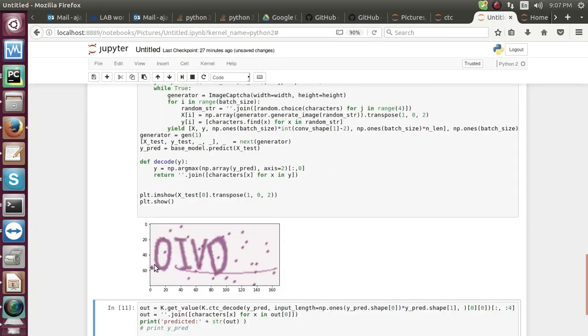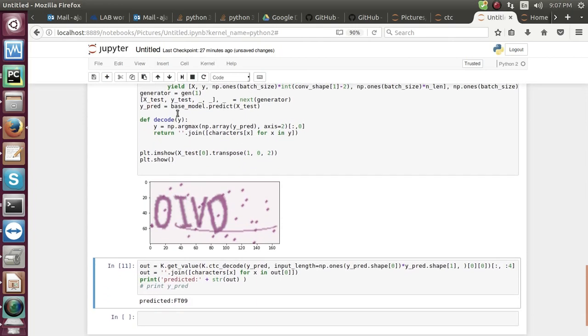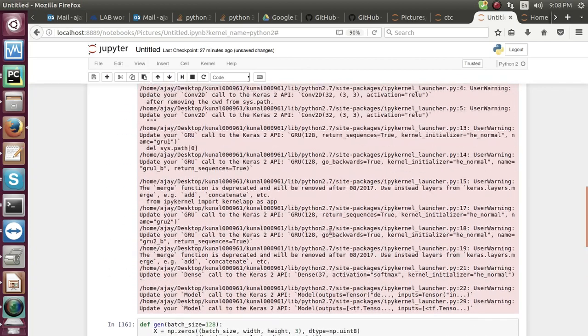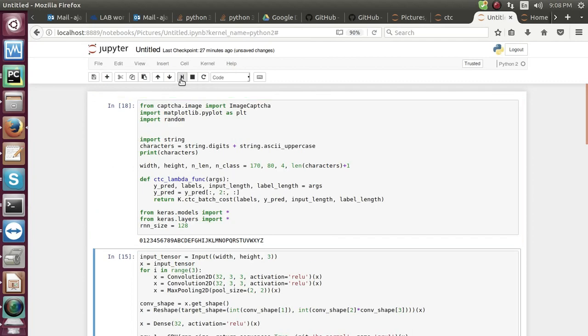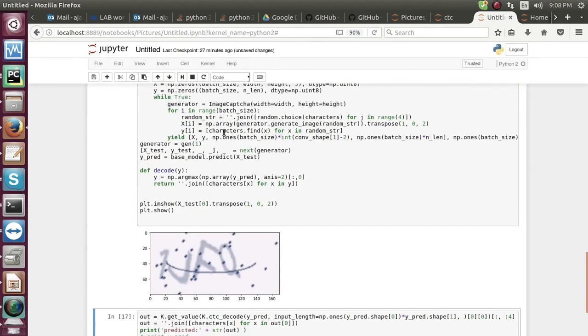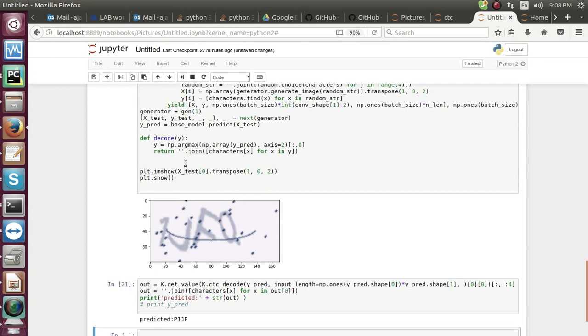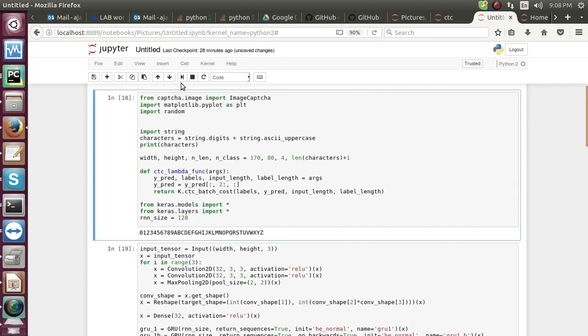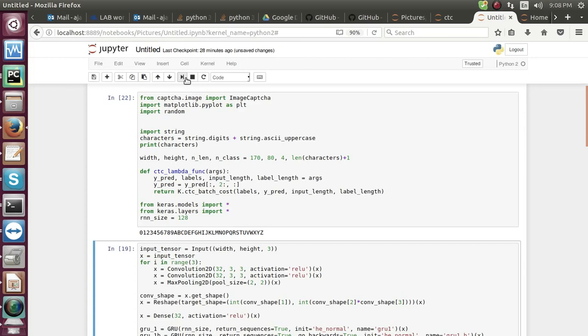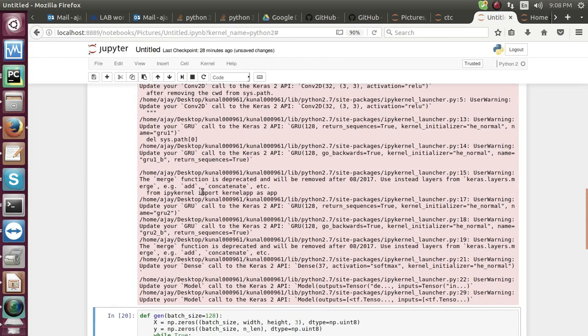So I change the image. It's OIVD. Let's see how much accuracy we can get. Oh, definitely this is not that accurate, FOIV, but yeah, a little bit accurate. If I try two or three times, because the model is not fully trained, I'll get some success rate in two or three tries. As you can see, the evaluation and processing time in which the pre-trained model gives us a result is very quick, very quick.